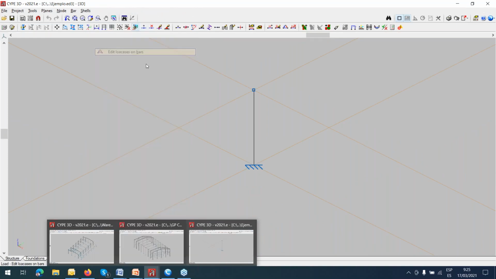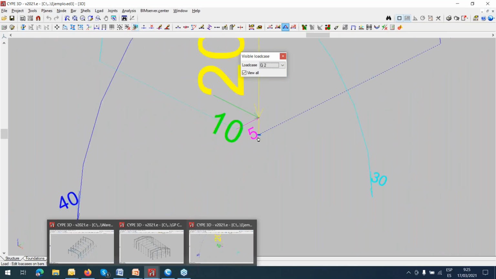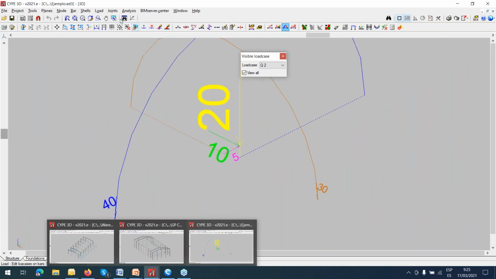Okay, going back to what we started. So I'm going to edit the load cases, and perhaps what I need is to,